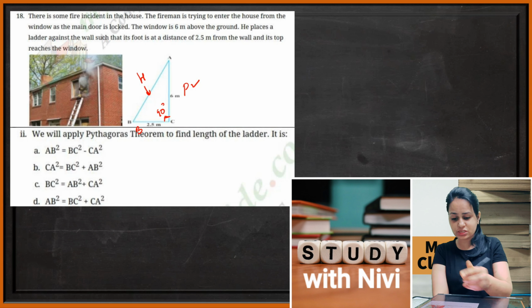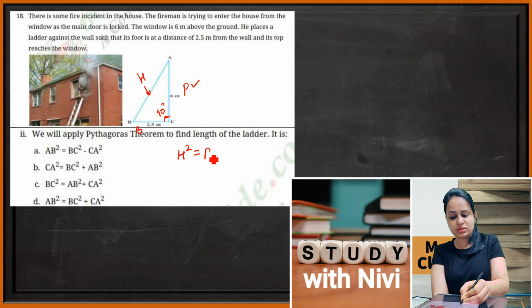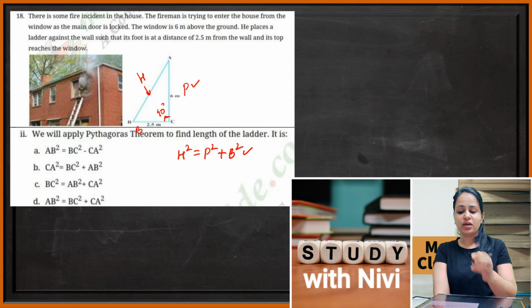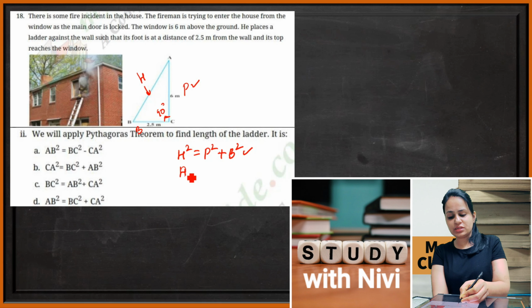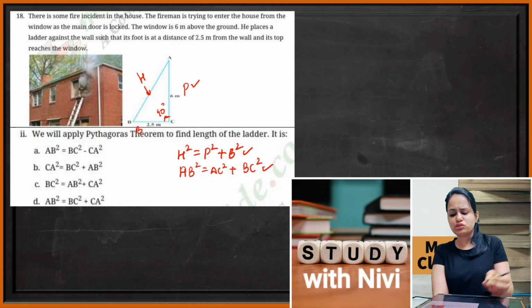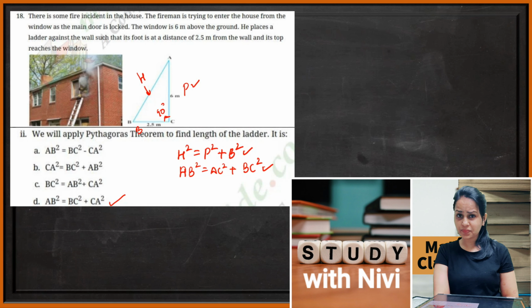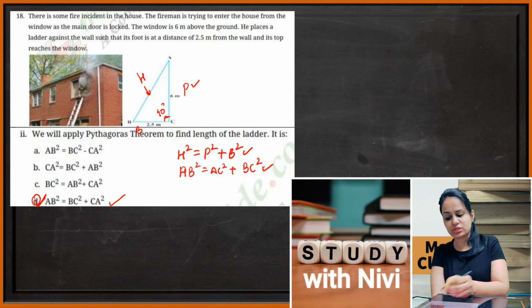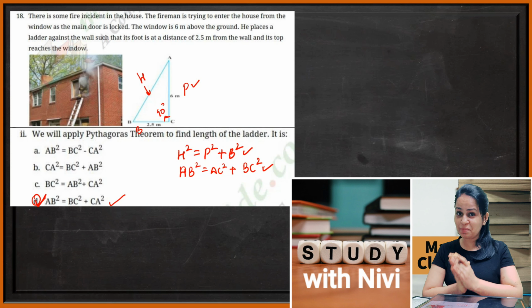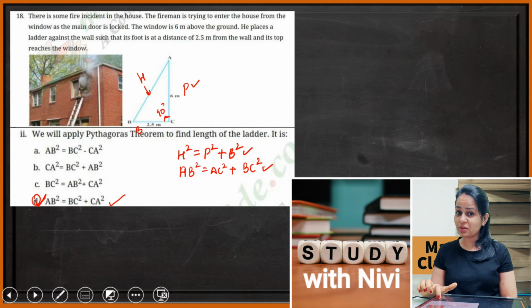Now, if you need to find the length of the ladder, you will apply the formula, that is the Pythagoras theorem, which says hypotenuse square is equals to perpendicular square plus base square, right? This is your Pythagoras theorem. Now, hypotenuse square is AB, which means AB square, perpendicular is AC square, plus base is BC square. So choose the correct option quickly. यहाँ पे जो आपको given है इससे फटाफट हम correct option choose कर सकते हैं, which says BC square plus AC square, which means part number D was the correct option. Again, you cannot skip this particular question. इतना easy question हम कभी भी skip नहीं करते हैं out of the 5 questions given to you.